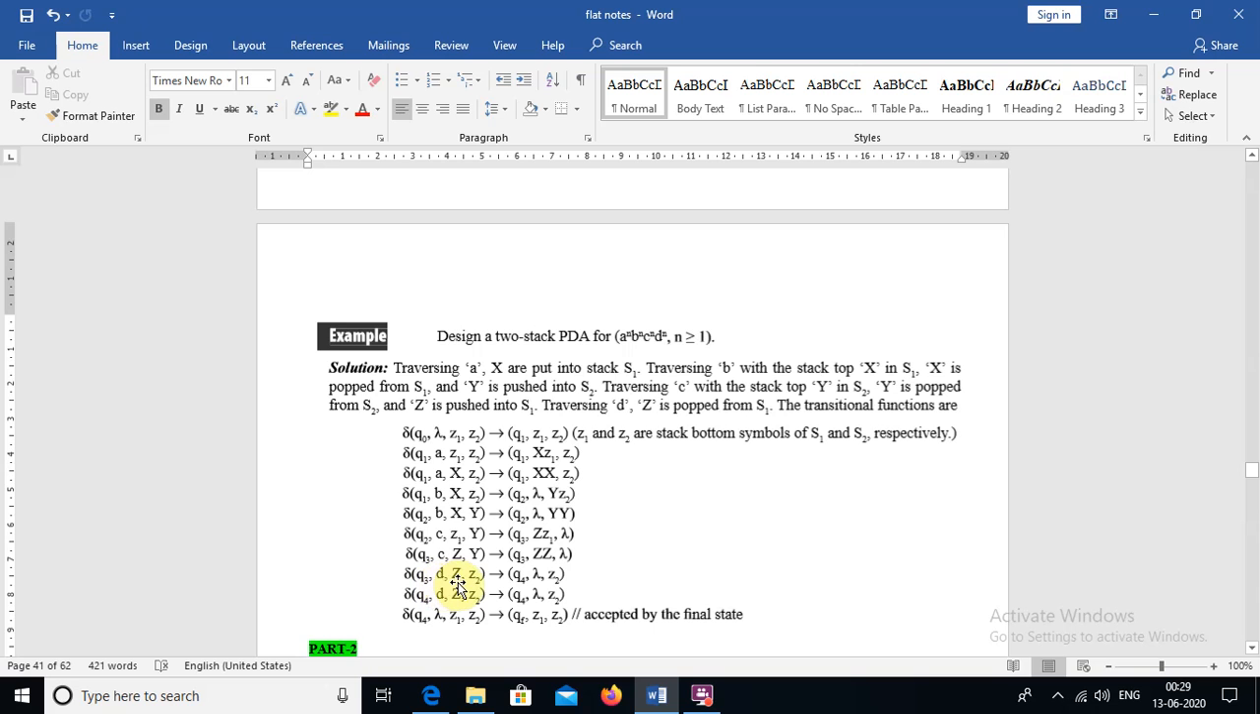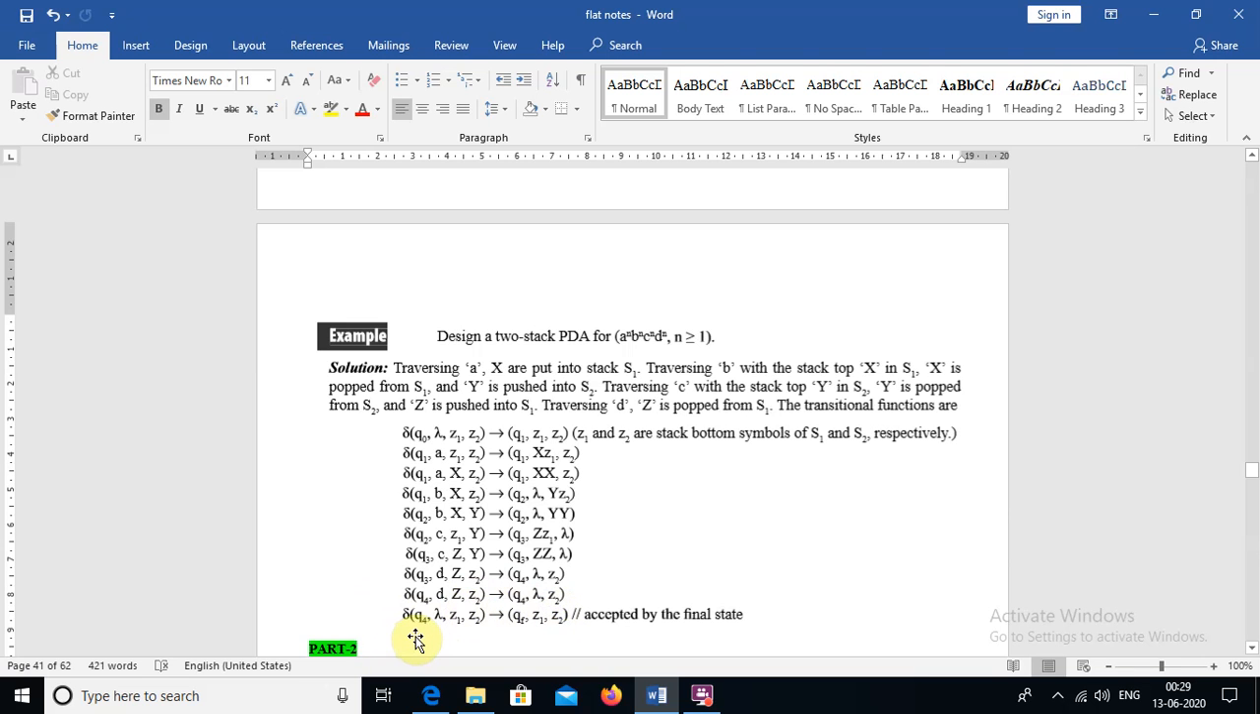D is a new input symbol. Z is the top of S1, and Z2 is the top of S2, only one symbol. Then you can, why? Because it is a new symbol now, C to D. So a new state transition, and nothing is pushed into S1. Z2 can be pushed into S2. So Q4, D is a new input symbol, Z is the top of S1, Z2 is the top of S2. In the Q4 state transition, lambda can be pushed into S1, and Z2 can be pushed into S2. Okay, so finally